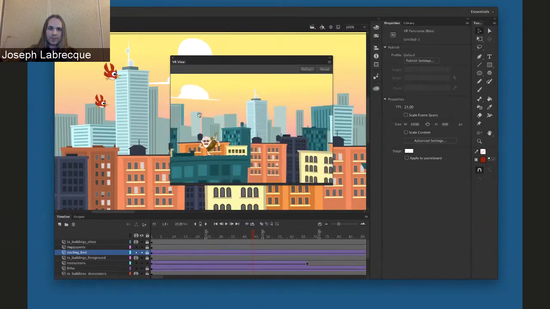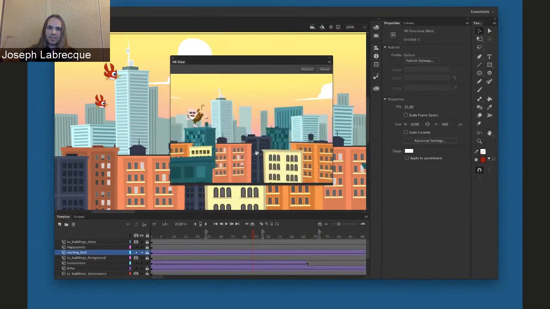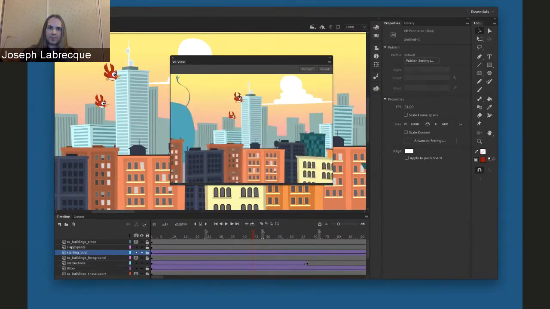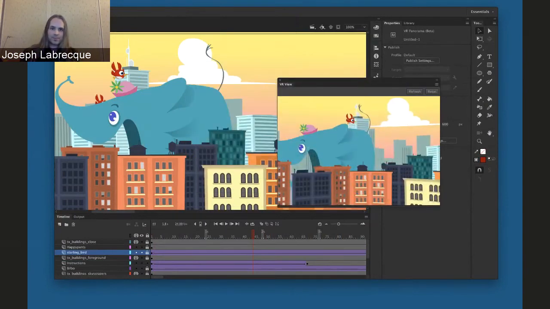One of the neat things about the VR view is that you can interactively move some of the different movie clip symbols and things like that, some of the animated pieces, if you want them to appear in different places in the VR space. You can just click on them inside this VR view and move them, and you can see on my stage it's actually repositioning them here. The reason for that is because when you've got stuff wrapping around VR style, you've got distortion taking place, right? And it's not as apparent on here, but let me close this down,